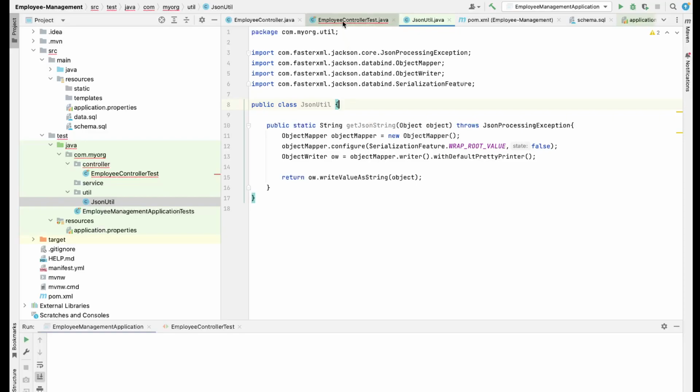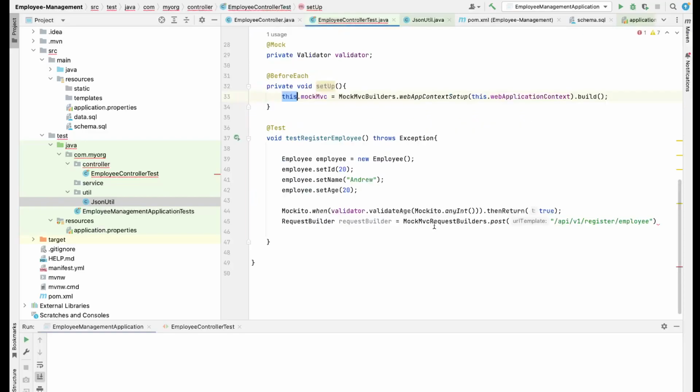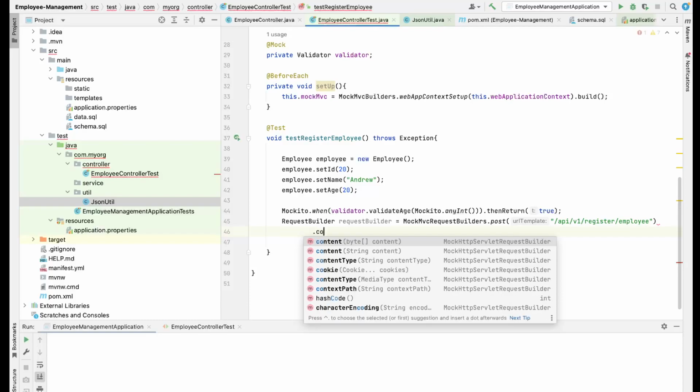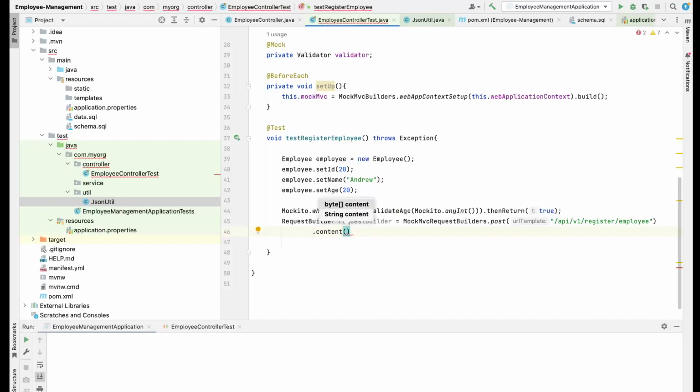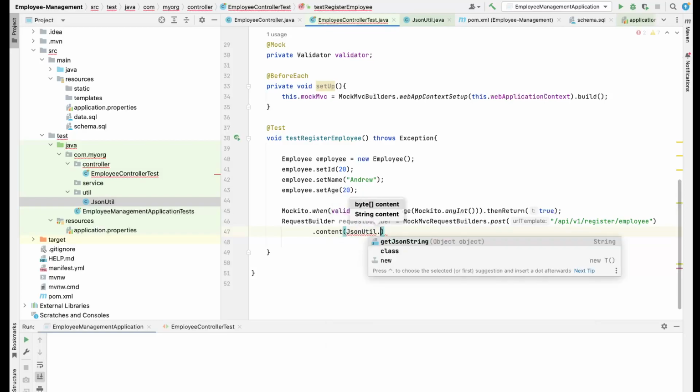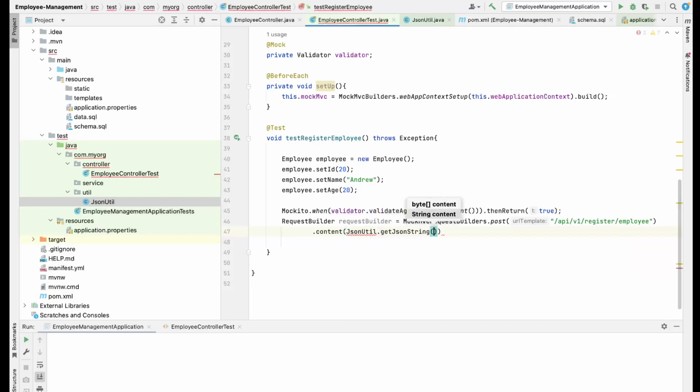So let's try writing our test cases now. We were creating our request builder, and while creating it, we need a few things. This API needs our JSON object as a payload. So we will pass this in content. We will now utilize that JSON util dot get string object, because we want that JSON string,